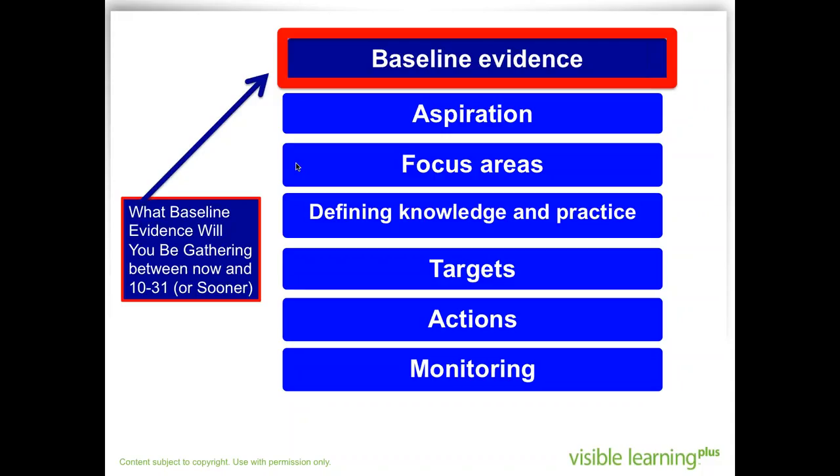Then these are the steps we're going to follow through on that day. We're going to develop an aspiration statement and determine our true focus areas from November 21st through probably late into second semester. We'll determine what knowledge and practice might need to be worked on. There might be some knowledge gaps with our leaders and teachers that we have to backfill, and some practices we have to help each other develop and get strong at. We'll develop measurable targets, determine actions and strategies, and develop a plan for monitoring. It will look very similar to any quality school improvement plan, but it'll be around making sure we're focusing on the adult learning and the adult actions to then impact students.